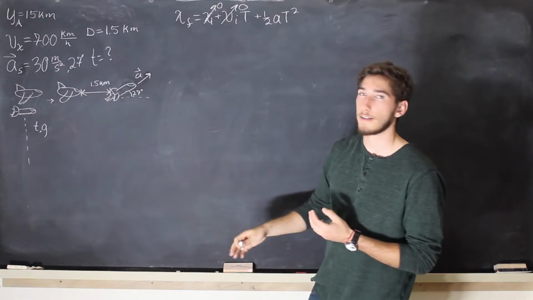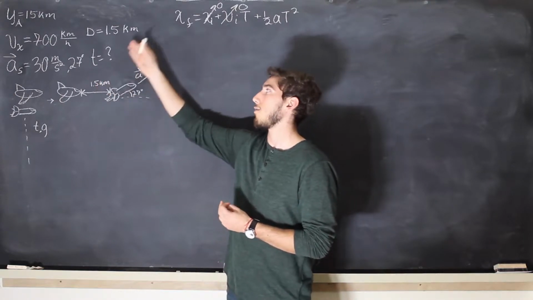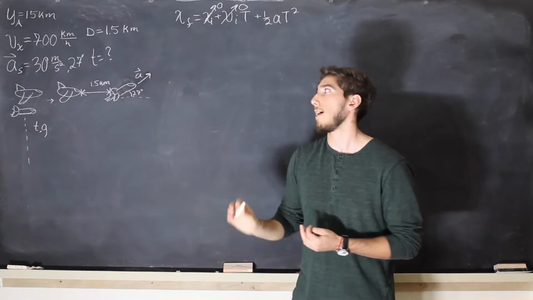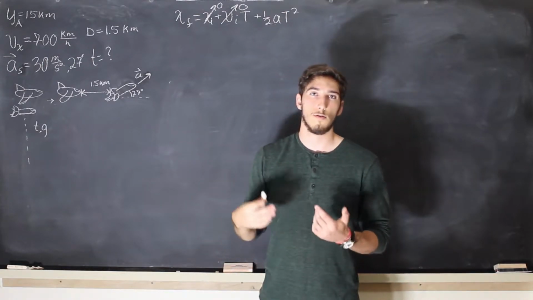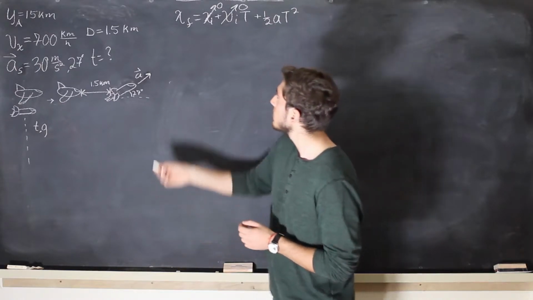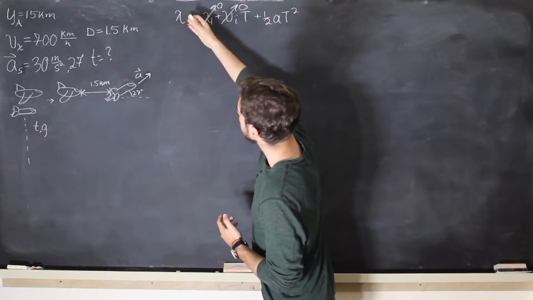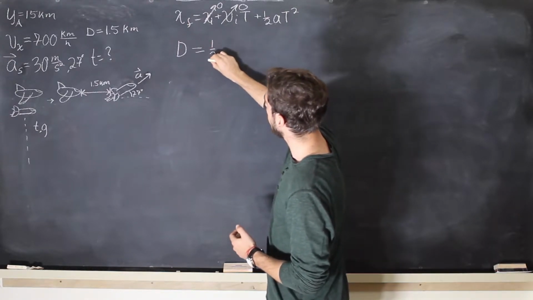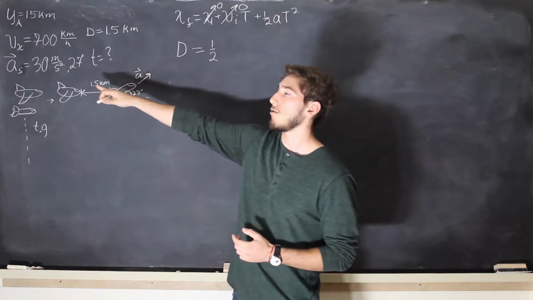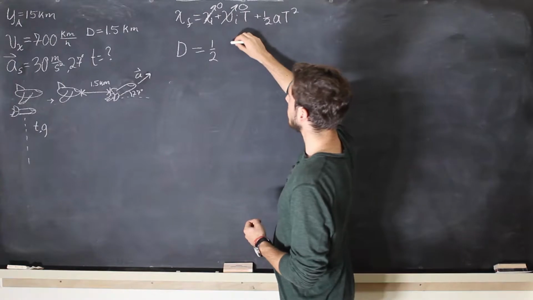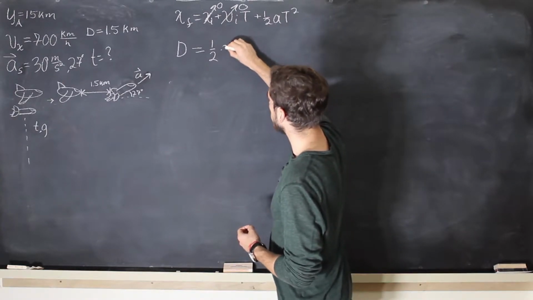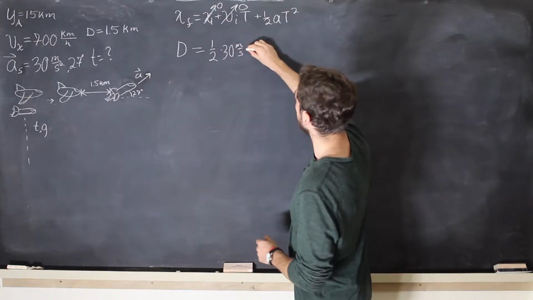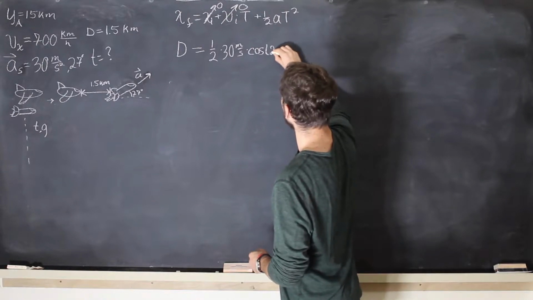Of course, the acceleration is a vector, and it's not going in the y direction or the x direction. It's going somewhere in between. It's going 27 degrees from the x-axis. So we're going to use trig to find the x component. So what we're going to be doing is x final is the distance, and it's going to be equal to 1/2 times the acceleration, which is the magnitude of that acceleration vector, 30 meters per second squared, except it's going to be the x component. So we have to multiply it by cosine of 27 degrees